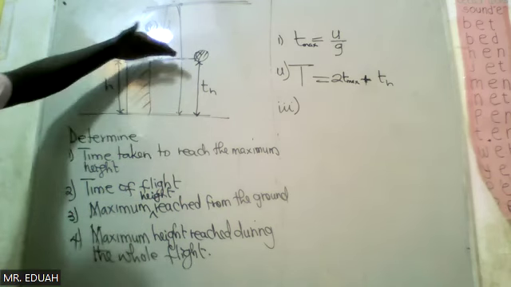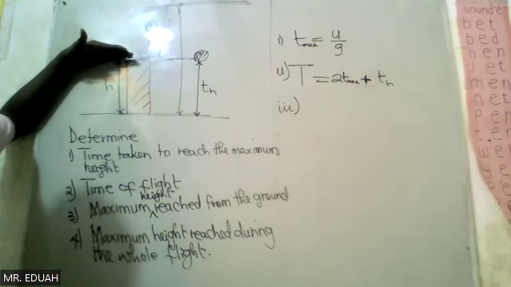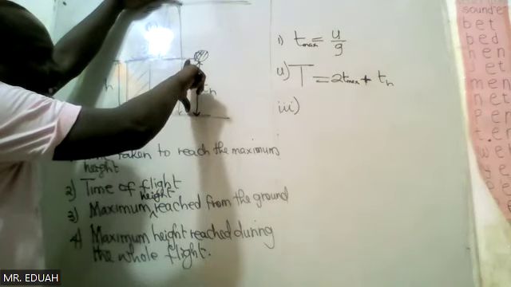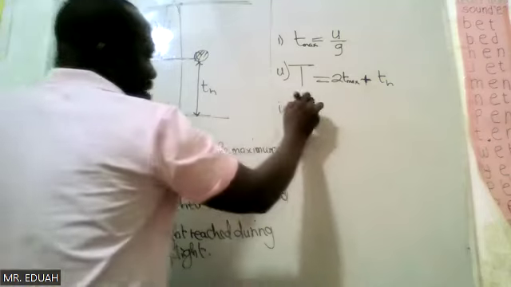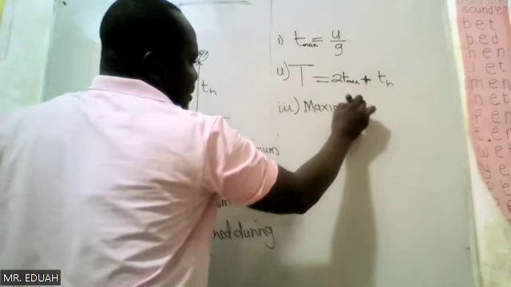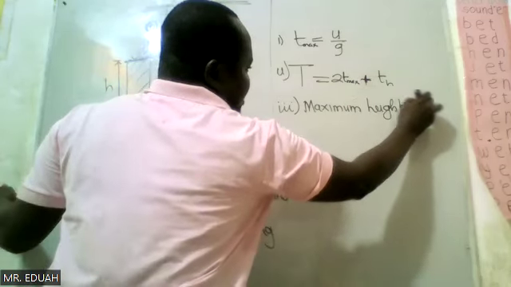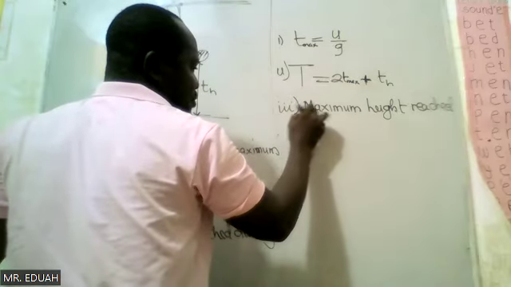So over here, the object is being thrown from this level, from the top of the tower. Its maximum height raised, but we are told from the ground. So we will add the vertical height of the tower H. So maximum height raised from the ground